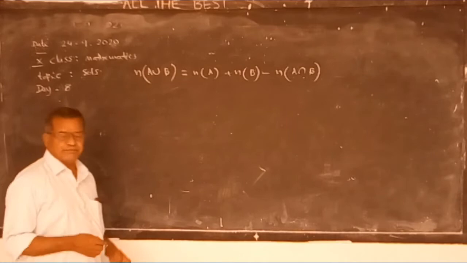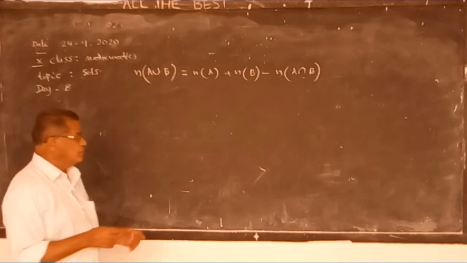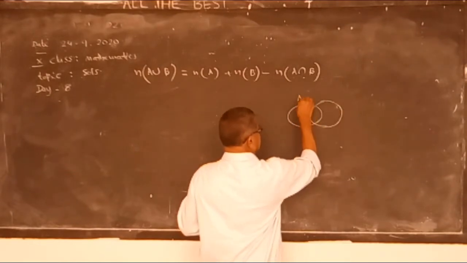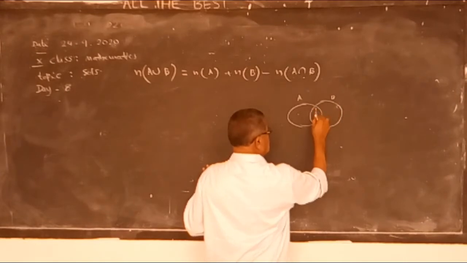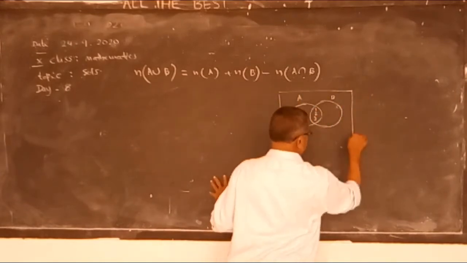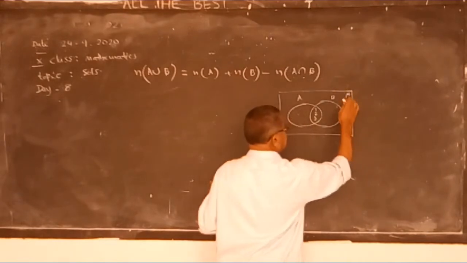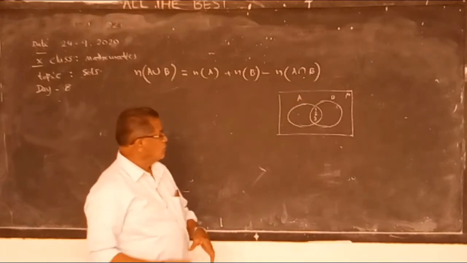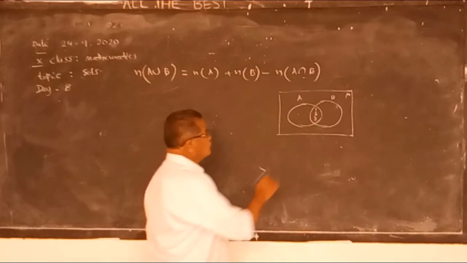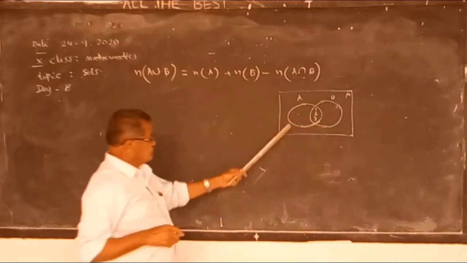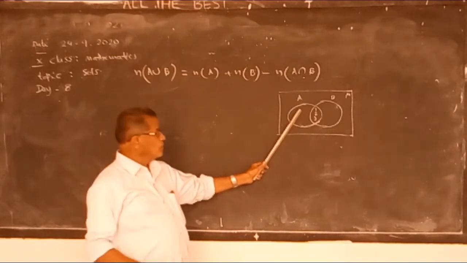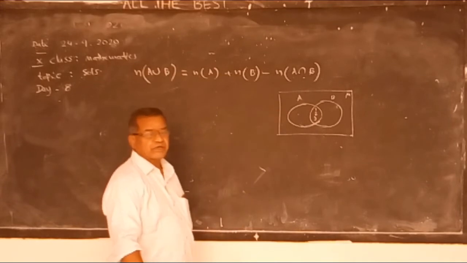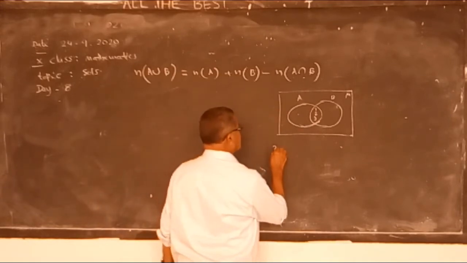Set A, set B. Suppose we have taken some common elements 1, 2, 3. Set A, set B, 1, 2, 3. But why are we subtracting? Because 1, 2, 3 are in both sets. 1, 2, 3 are in set A, and 1, 2, 3 are also in set B, common. So we can express this in set builder form as intersection.